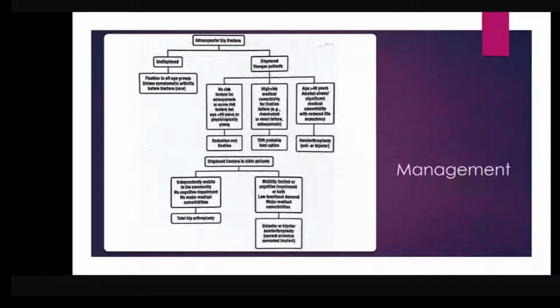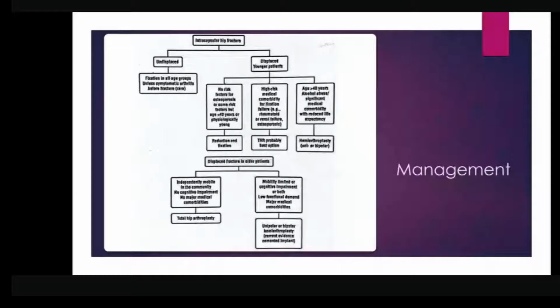If a patient has fewer comorbidities, total hip arthroplasty will be tolerated by them, because total hip arthroplasty requires a longer learning curve for the surgeon, will require more operative time, so more chance of infection, and more rehabilitation. But if it is incorporated well, then the outcome will be superior to a hemiarthroplasty.